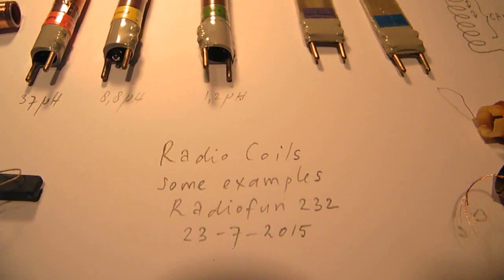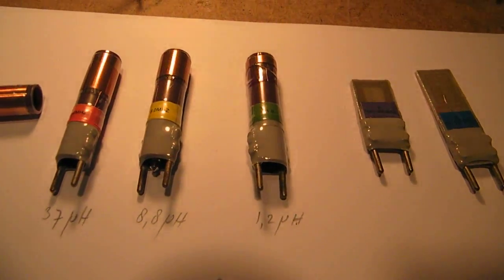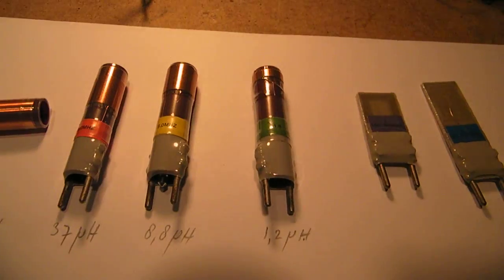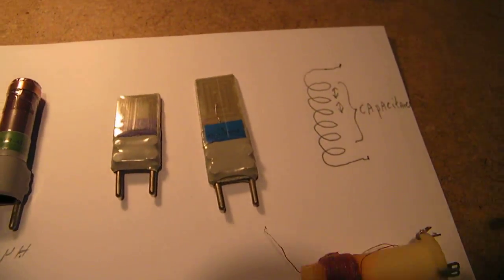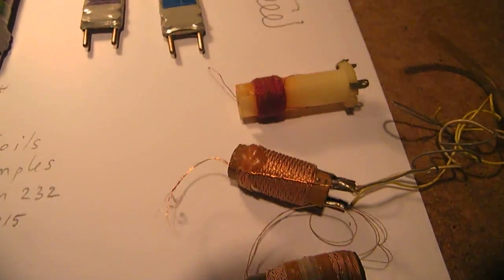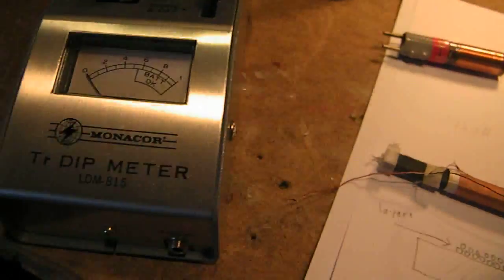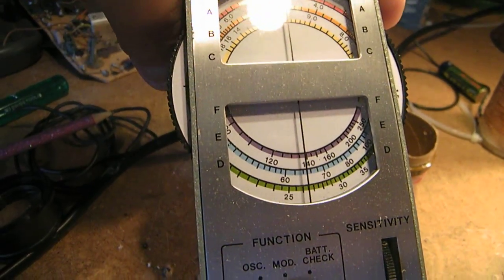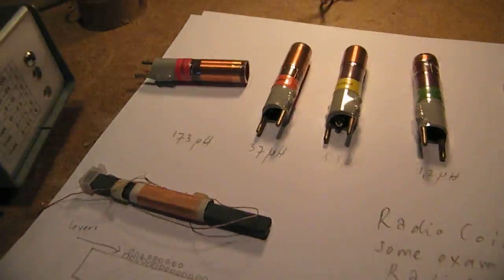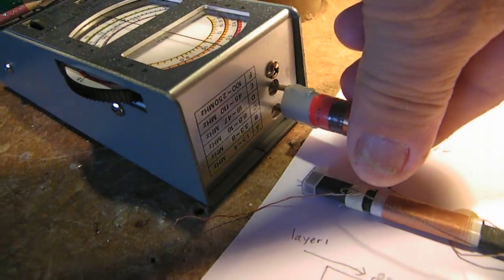In this video, something about radio coils. Of course this is a whole sea to drink, so I can only show a few things about radio coils. Here you see a few coils that I got with my dip meter from Monaco. Hope it's visible. With a dip meter you can stick the coil, this coil for instance, into the meter and